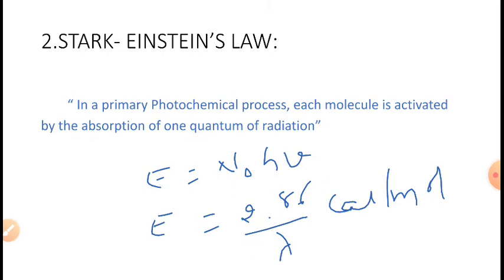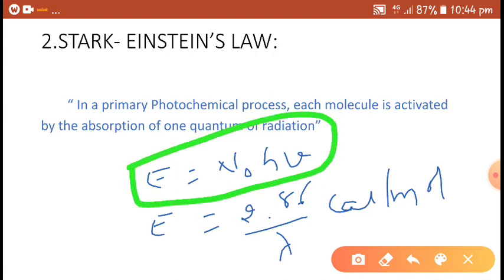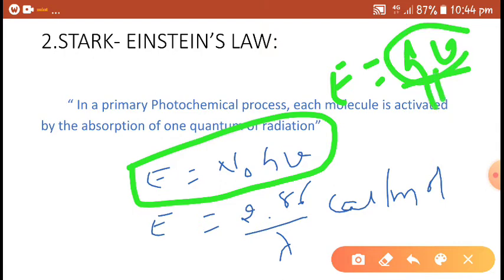This mole of quanta is called an Einstein. So simply this is Einstein energy. If E is equal to h nu, it is one quantum of radiation. E is h nu, the quantum of energy. It is an Einstein of energy. This mole of quanta is called an Einstein. For a primary process, it is supposed that the law applies and the light is actually absorbed.